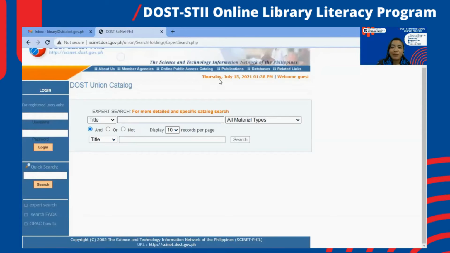And pwede po kayong punta or tingnan yung online public access catalog ng National Library of the Philippines sapagkat sa kanila naman po is lahat ng fields, yun yung mandato po nila. Sa atin, STI lang. That's why we are called a special public library. Ayun po. And then, next, we also have